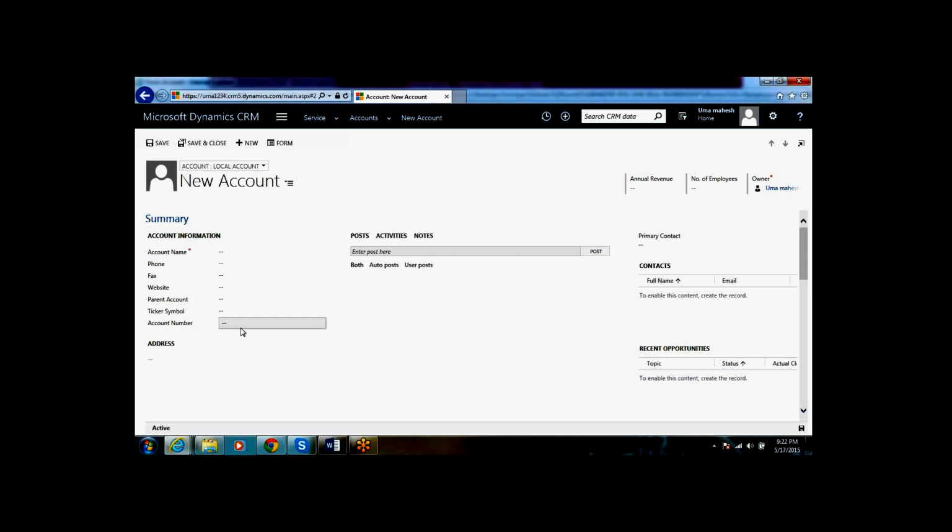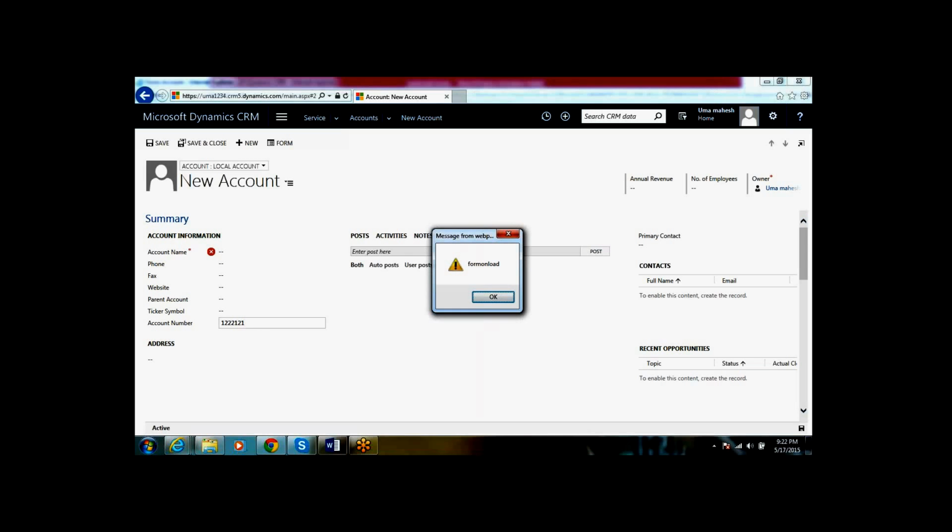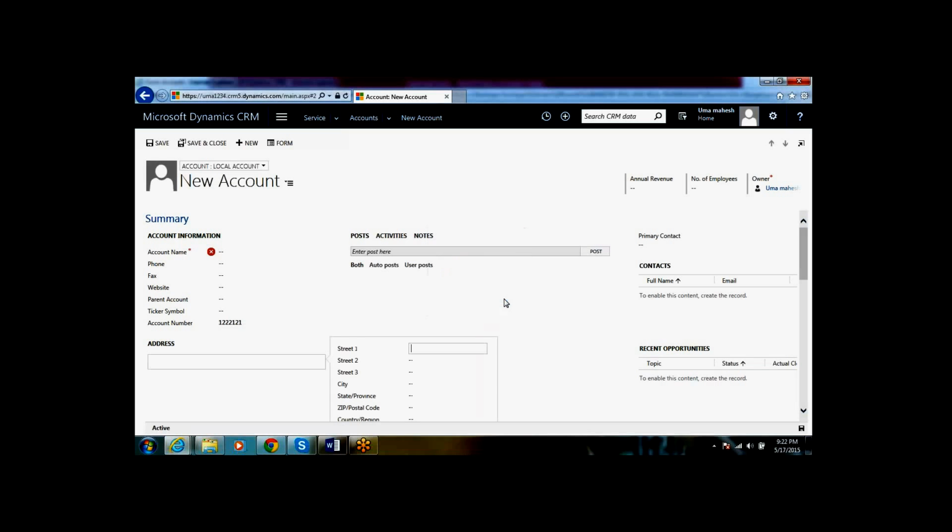Now if I enter some value here and tab out, the field on change event gets triggered.